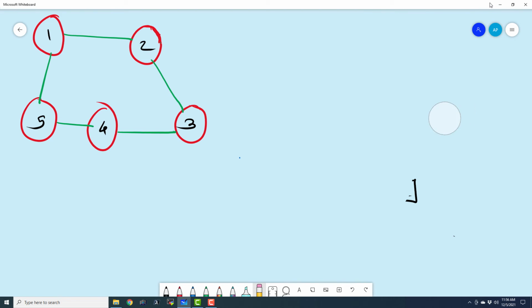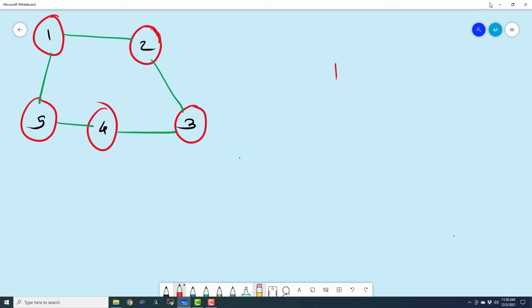Okay, so I had told you that the upper triangular matrix and lower triangular matrix for an adjacency matrix of an undirected graph are exactly mirror copies of each other. But in a directed graph, that is not the case. Now let me show you a simple directed graph, and it is going to be very exciting.